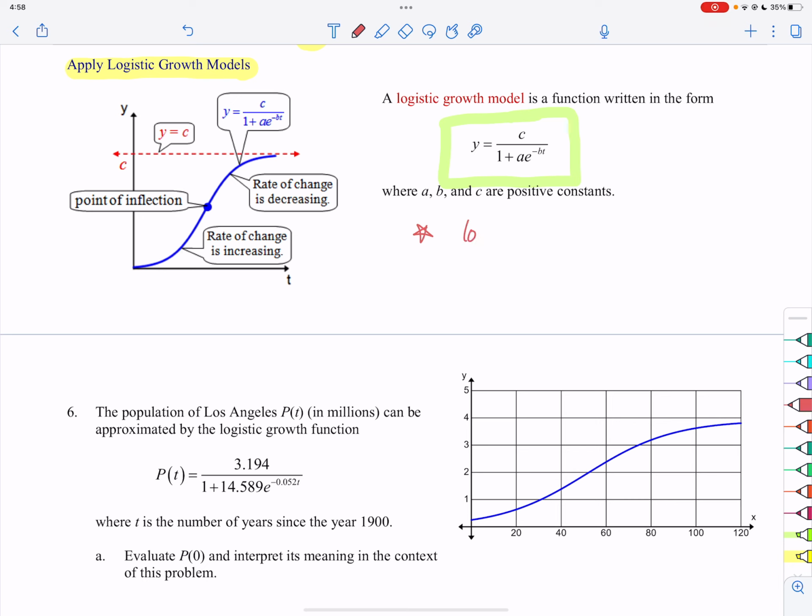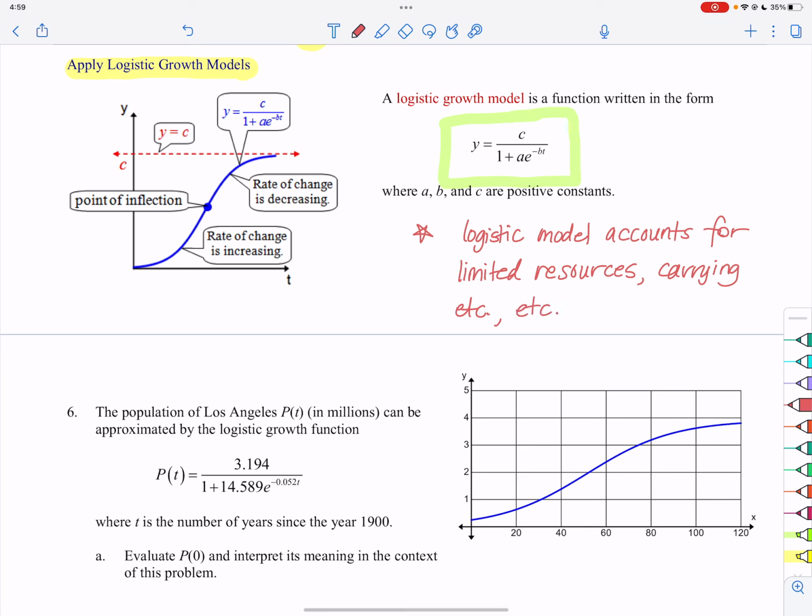So the logistic model accounts for limited resources, carrying capacities,